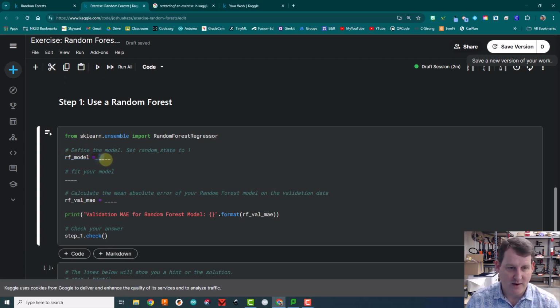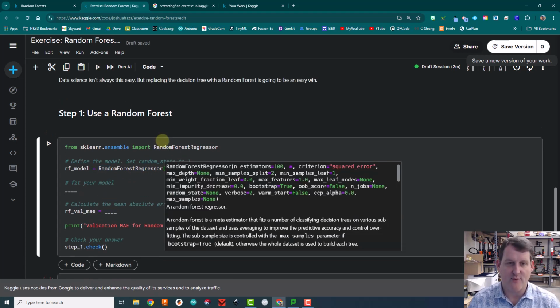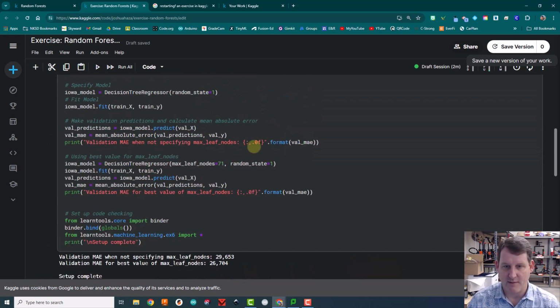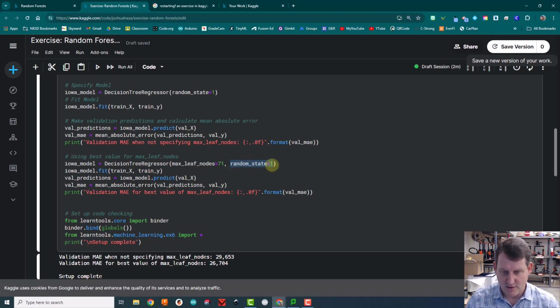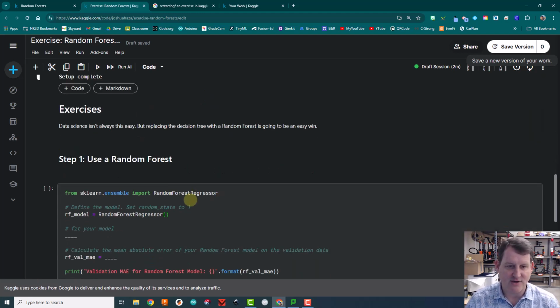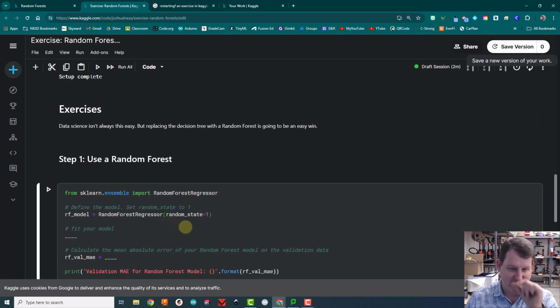above, and we're going to come up here and we're going to say random forest regressor. So that's the function. I'm going to copy and paste it from here, and we're going to give it a random state of 1 from up here, just like this one is. Random state of 1, and again that just makes sure it does it the same way each time. So now we've brought the blank model over, we stored it in a variable called RF model, and